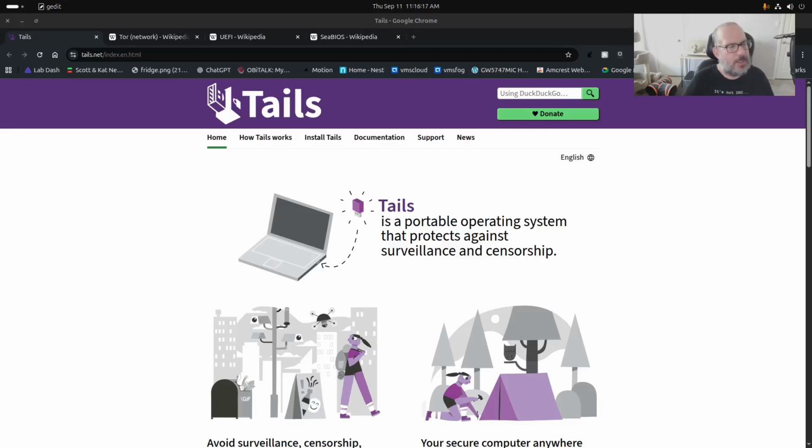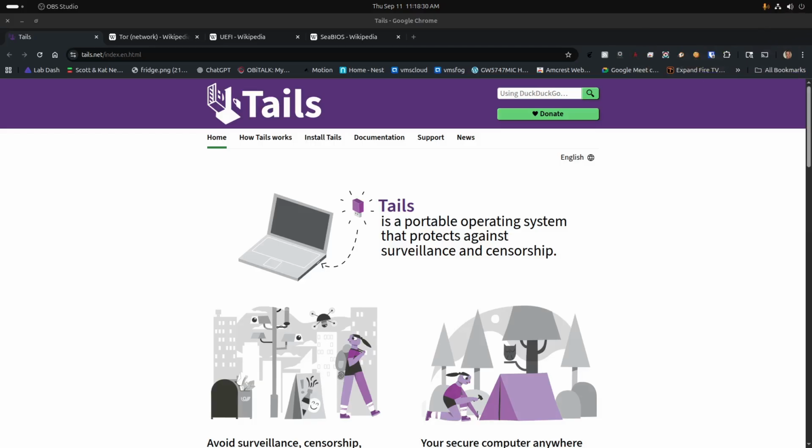The main subject is a discussion about Tails, and Tails is a portable operating system that protects against surveillance and censorship. Tails always starts from the same clean state, and everything you do disappears automatically when you shut down Tails. When you set up the Tails operating system, normally you boot from an ISO or you boot from a USB image. Tails uses the Tor network because it is the strongest and most popular network to protect